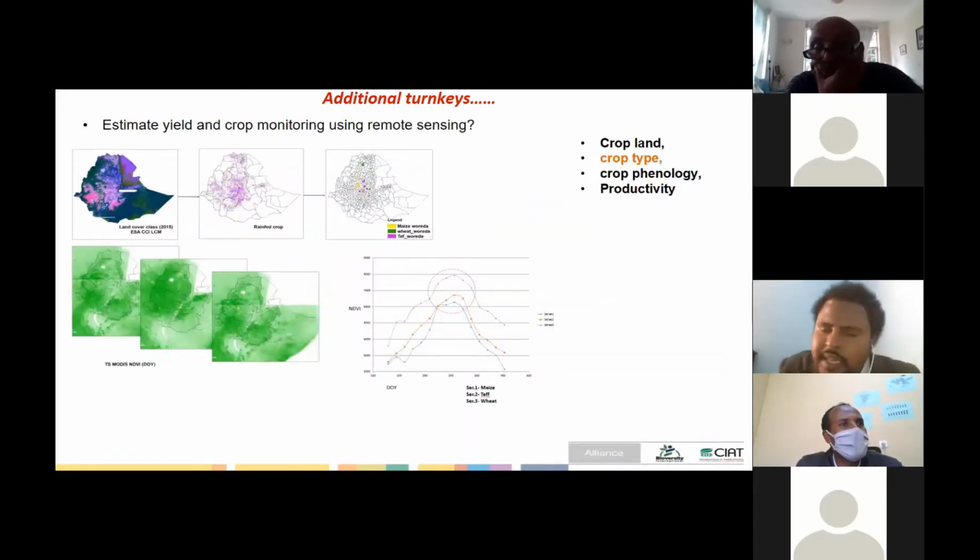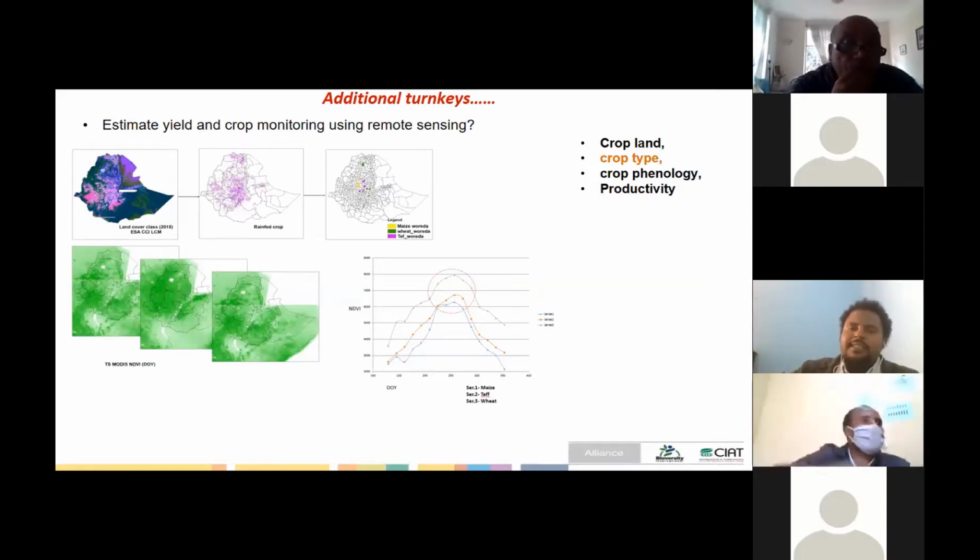Another one is once we have a clear idea which crop or which plot of land is covered by what, then it's important to follow the phenology of the crop and see the performance in terms of estimating yield at the end of the season.